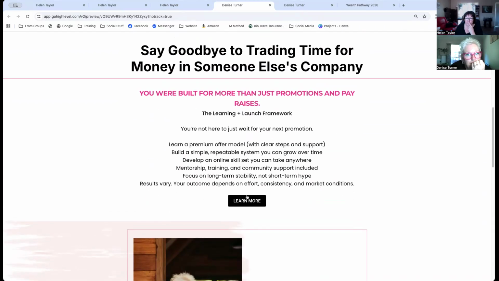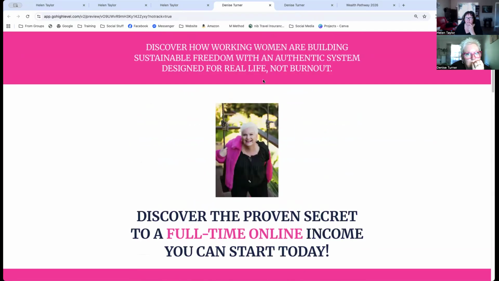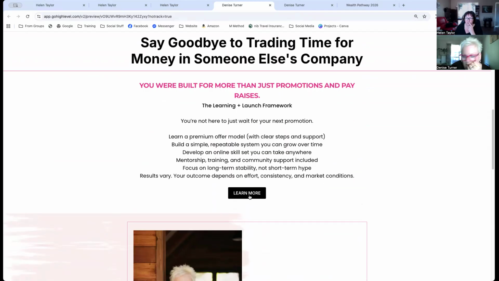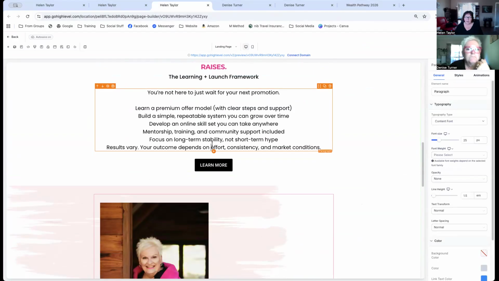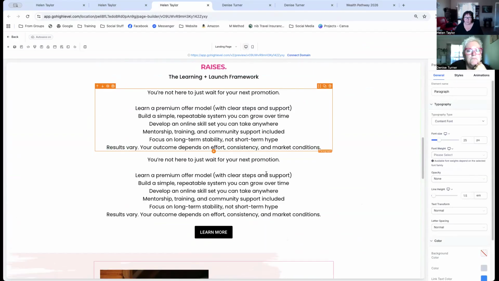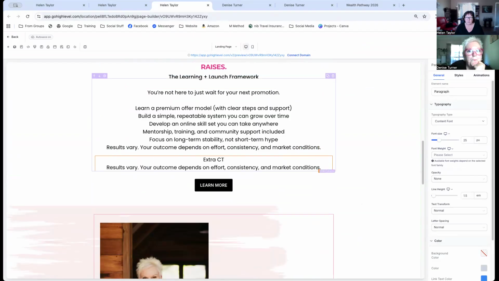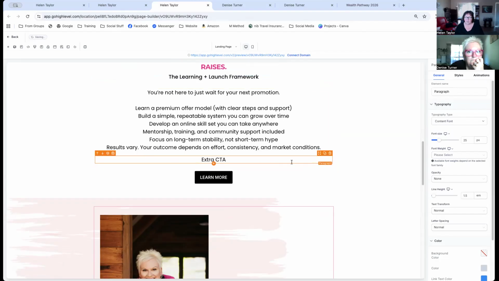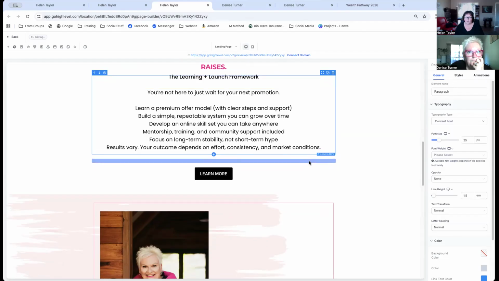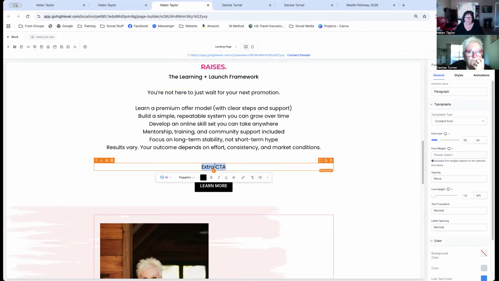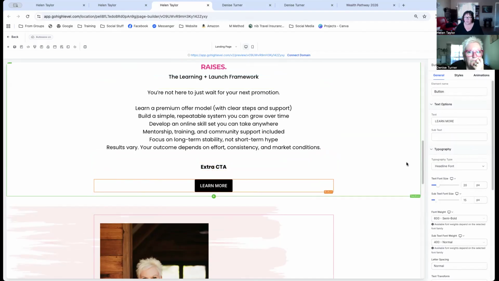Whatever that looks like. And we can add more of a call to action, because that's really your first call to action, when you learn more. So generally it would have, let's just duplicate that, an extra CTA here to support the